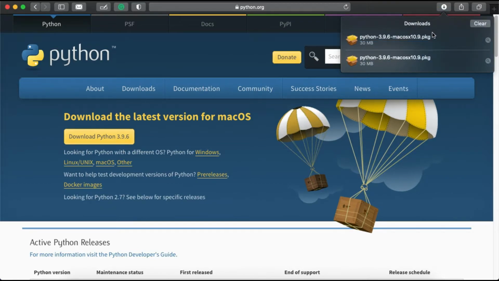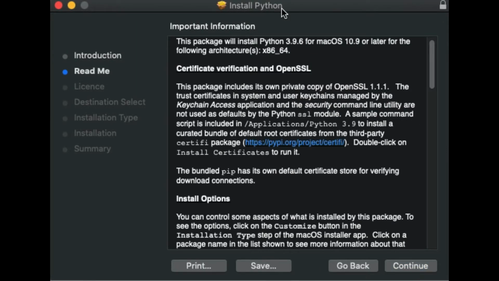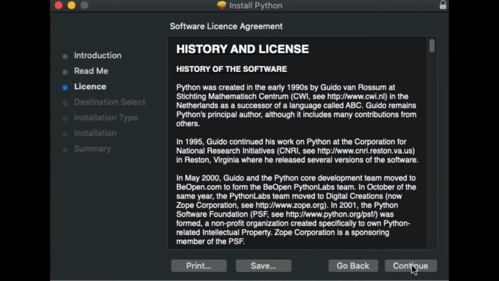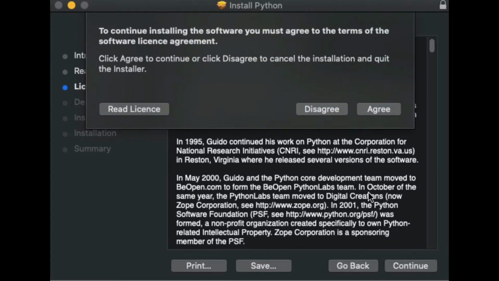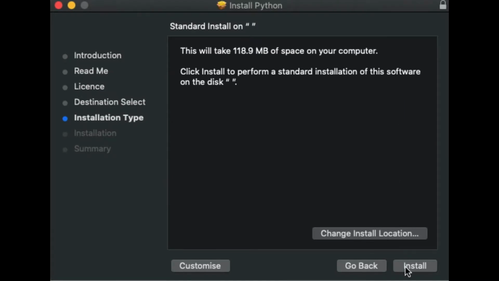After the download has finished, click on it. After clicking on the download, you will see this dialog box. Click continue 3 times and click agree. Now click install here